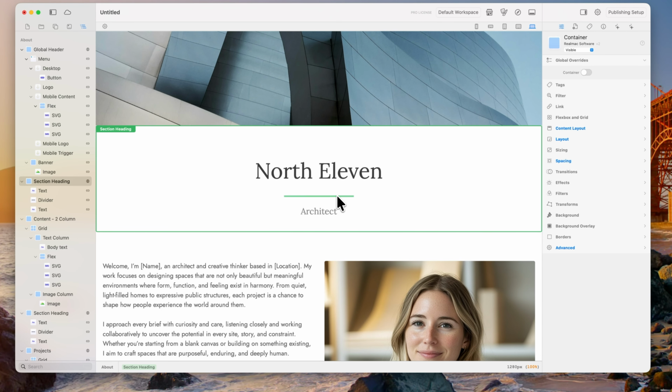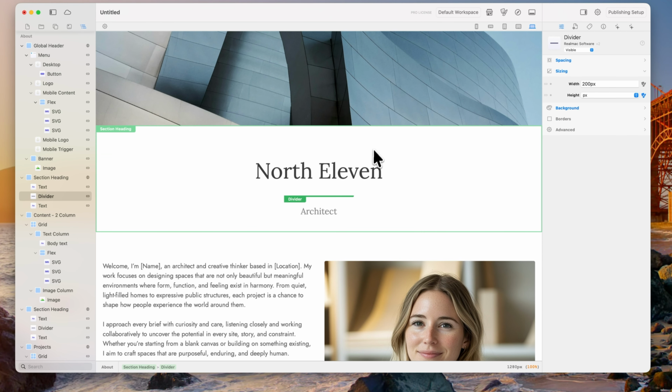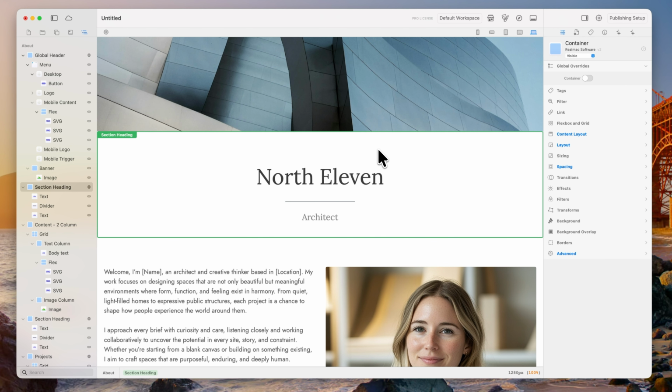So that's all there is to the divider. It's a really simple component, really easy to use, and it's just nice for adding those little extra touches to your web design. So that's it for the divider tutorial,